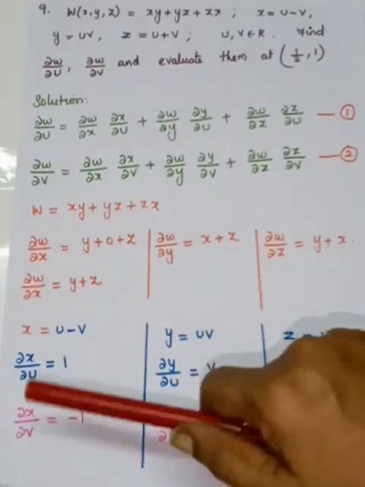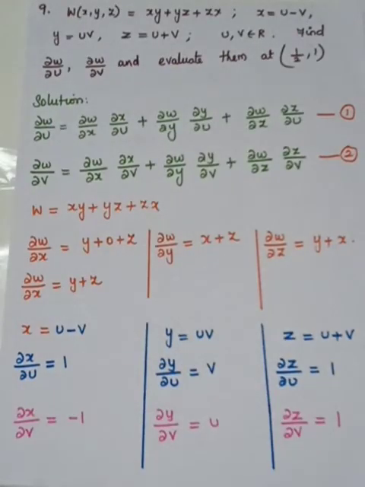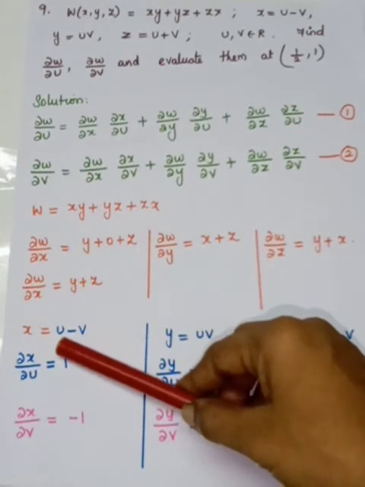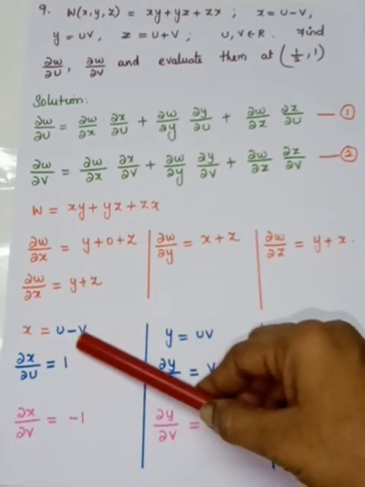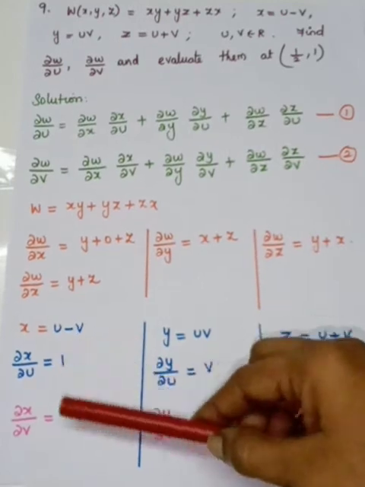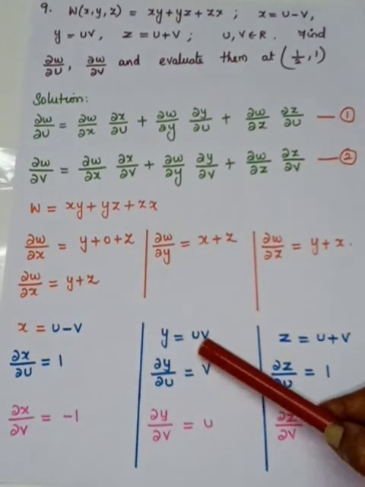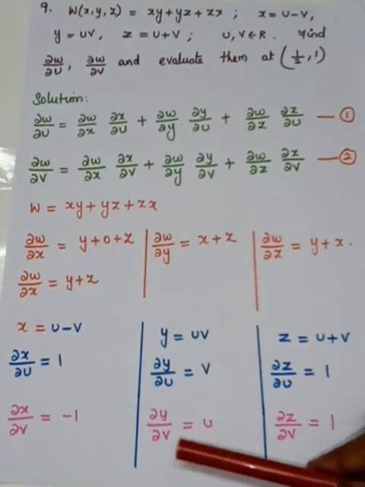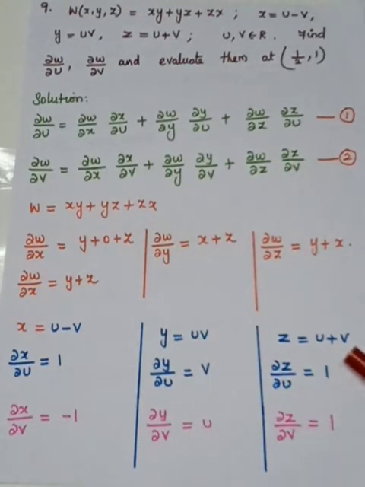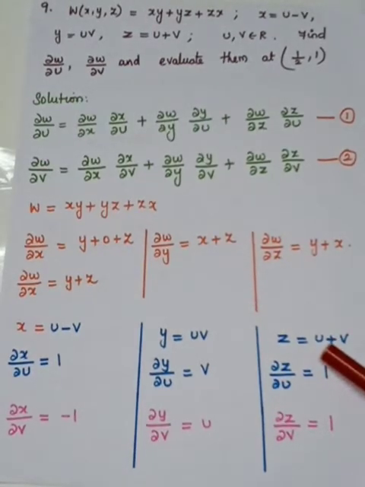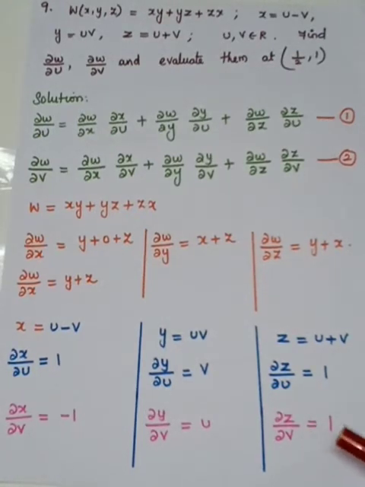Now come to here. With respect to v we have to go. Which is a constant? U is a constant. So see the first term, it is u, whose differentiation is 0. Come to the second term, it is minus v. So with respect to v, differentiation is minus 1. And it's a product, so you have to take the constant out. Which is a constant? U is taken out. The differentiation of v with respect to v is 1. And come to here. Go to the first term, it's a constant whose differentiation is 0. Go to the second term, v. When you differentiate v with respect to v, it is 1.